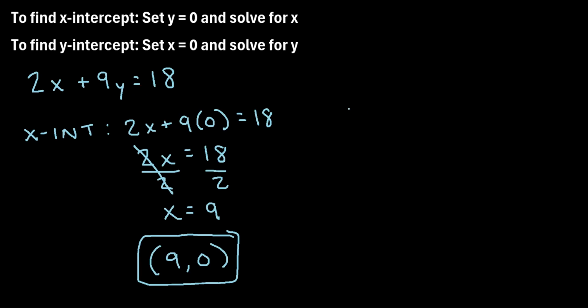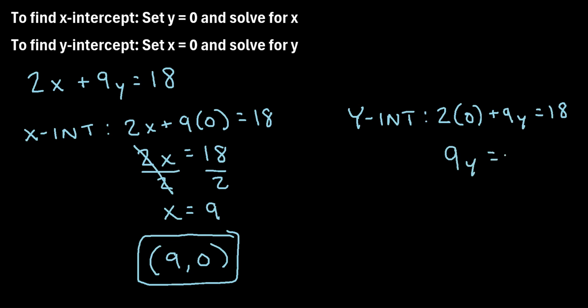Now let's find the y-intercept. To find the y-intercept, we set x equal to 0 and we solve for y. So we'll say 2 times, we're plugging in a 0 for x right here, plus 9y is equal to 18. So 2 times 0, that's just 0. So we're left with 9y is equal to 18. And to get y all by itself, or to solve for y, we can divide both sides by 9. On this left-hand side, these 9's cancel out, and we're left with y is equal to 18 divided by 9